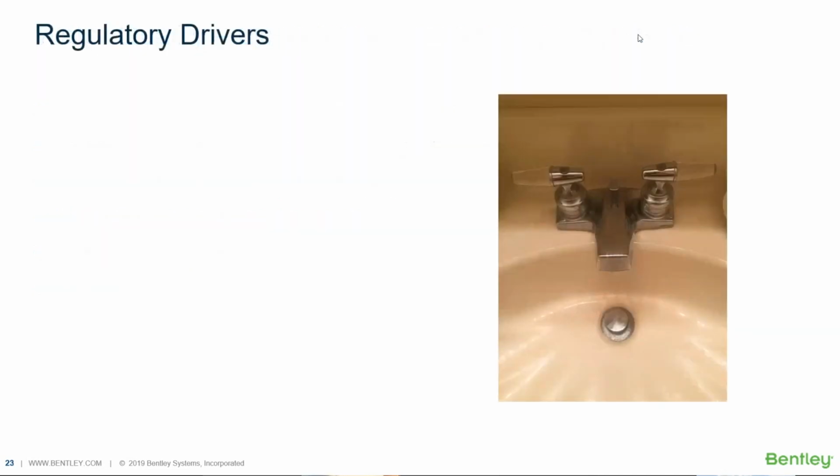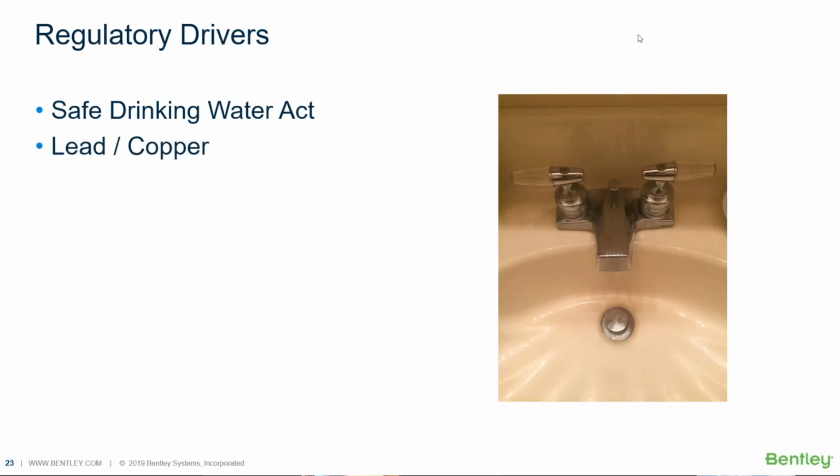Now, what's driving this? Strictly speaking, the Safe Drinking Water Act says you have to provide water quality at the tap. That's the principle. But the only thing where we really see much enforcement is in terms of lead and copper. I don't know if I've ever come across some water utility getting a notice of violation because of color or taste or something like that, because the regulatory folks don't really seem all that interested in anything beyond lead and copper, at least in the United States.